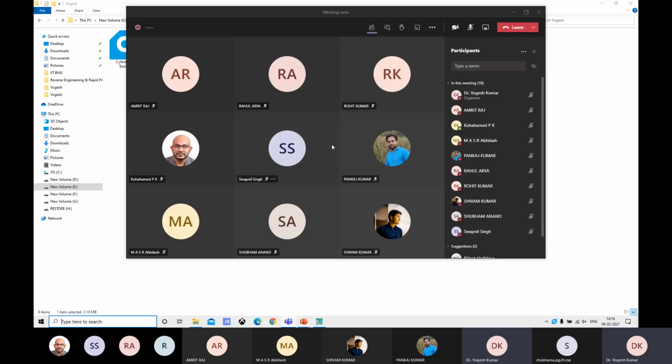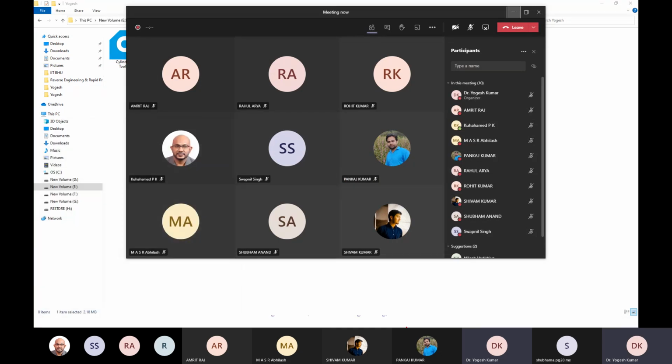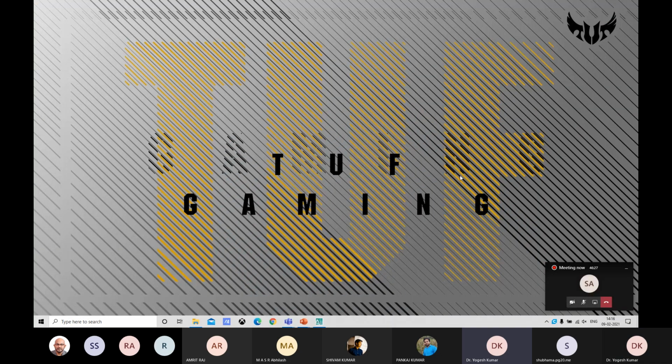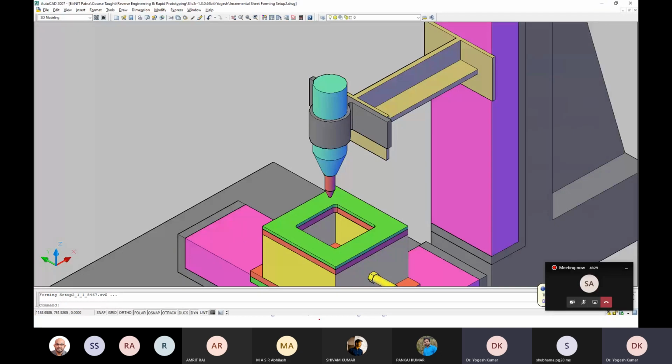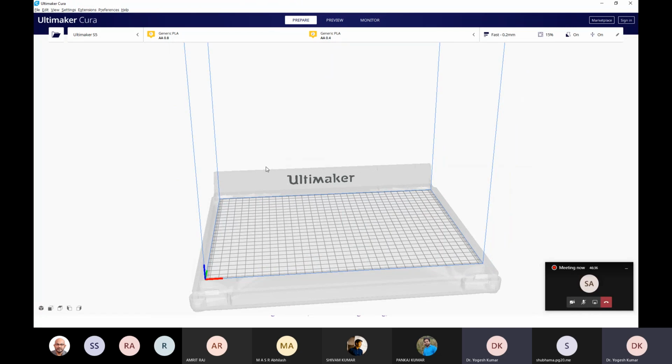Let this file open. Ultimaker is getting open. This is an open source software available on the internet. You can find this Ultimaker, Cura Ultimaker. This is commonly known as Cura also.